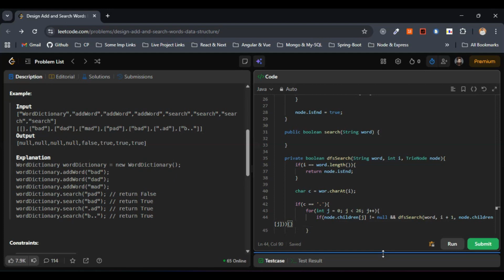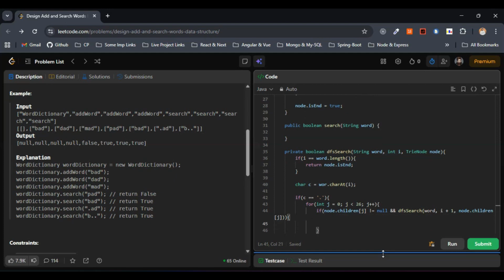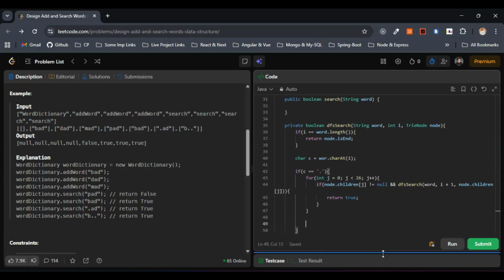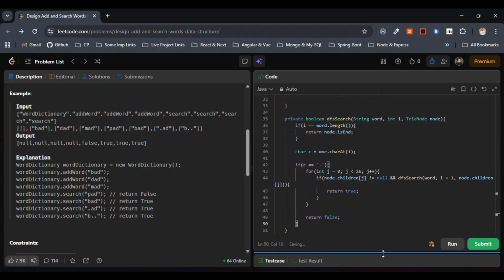So within the if condition, we will return true. This is fine. Let me come out of this one entirely. So let's return false here. This is fine. Next,